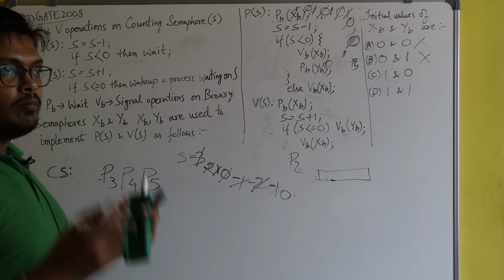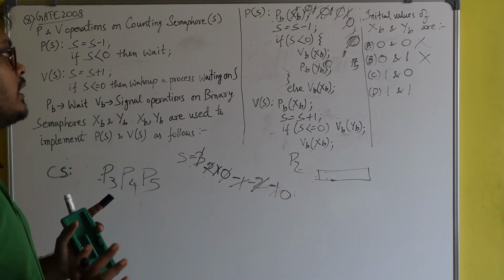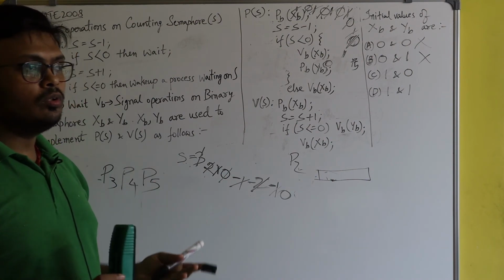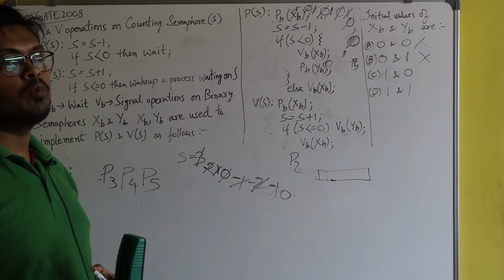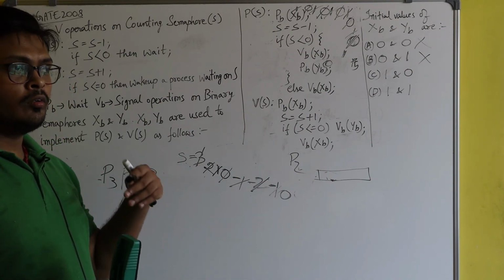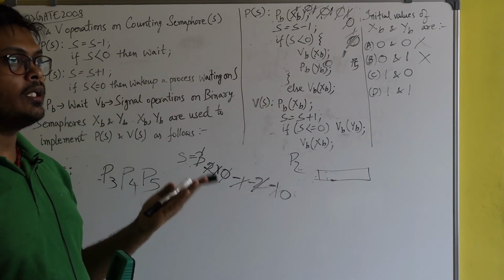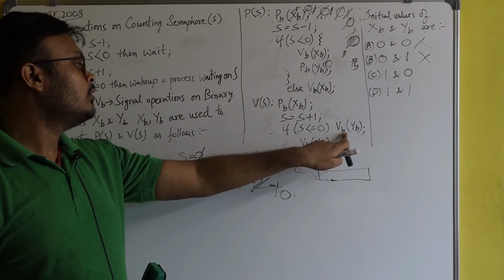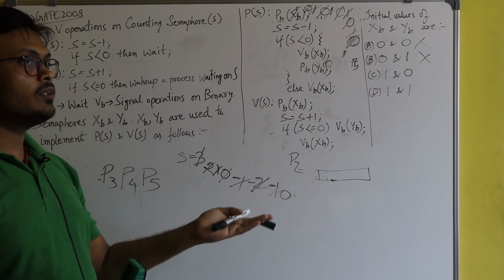It means that simultaneously, not more than one process can access the counting semaphore. And what is the value of YB? Here, YB is used to block the process. The process which tried to enter the critical section got blocked due to this YB, because the value of YB was 0. And the blocked process could enter the critical section due to this operation, VB of YB. This VB will give a signal to YB so that the value of YB will become 1. So now the blocked process will be woken up.